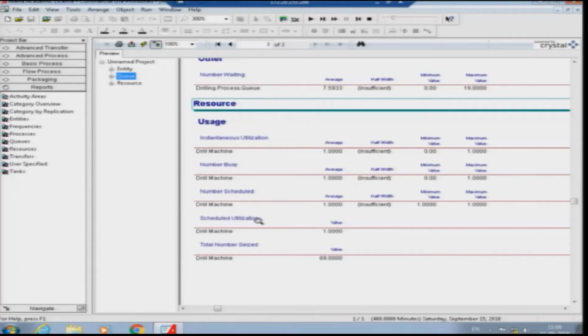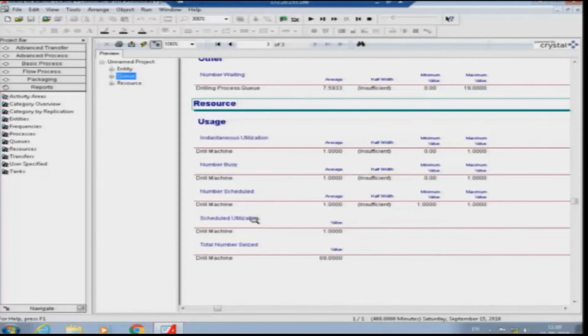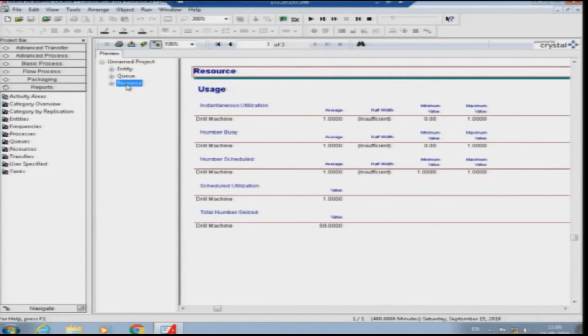Ideally speaking, the drilling machine here is 1; a utilization of 1, multiplied by 100, gives you the percentage. 100% of the time the drilling machine is utilized, which means once the process starts, the machine continues to work. There is no delay; the machine is totally utilized continuously. So that is the resource part of it. You can also get the same thing by clicking the resource tab.